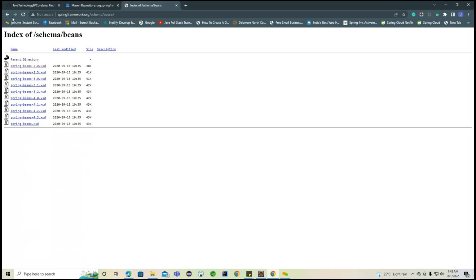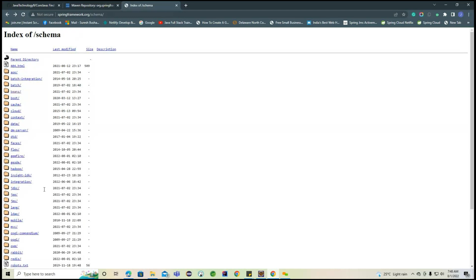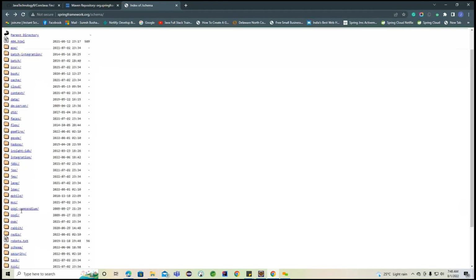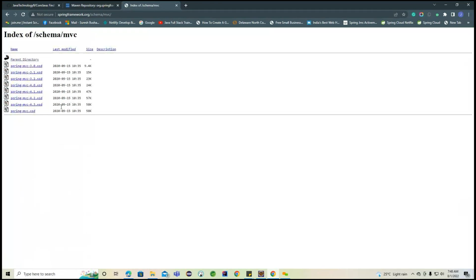This will only contain the beans related section. Now I want to see the anywhere cache. Here you can see MVC we are having. This is the MVC related XSD. So beans related we identified, MVC related we identified, and the same way we are going